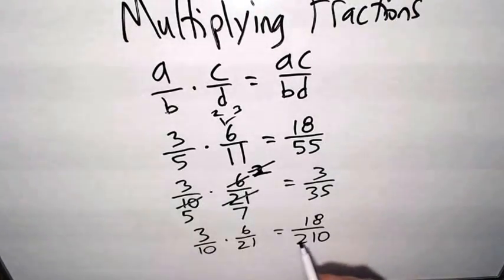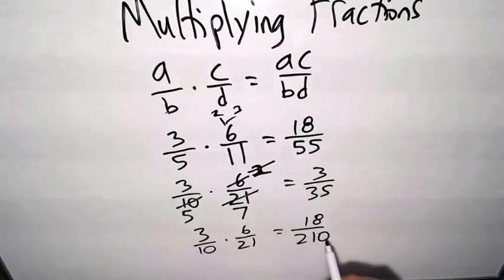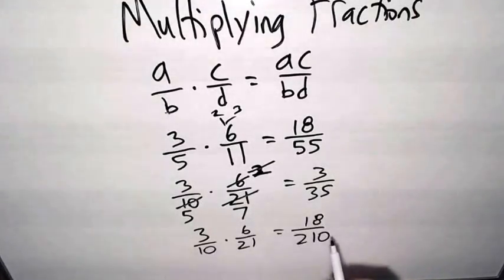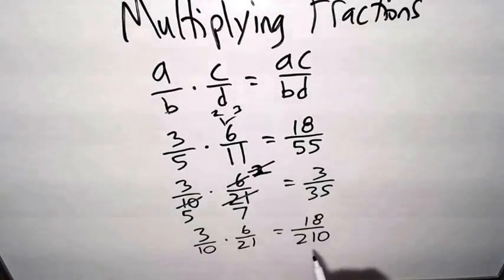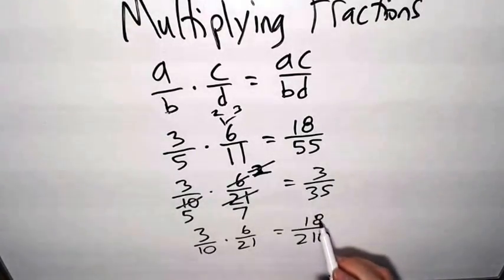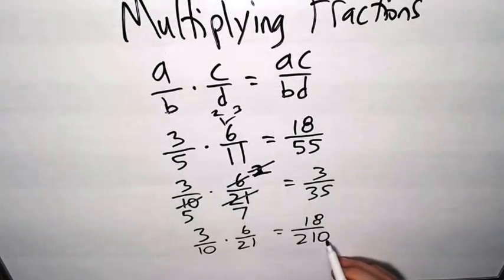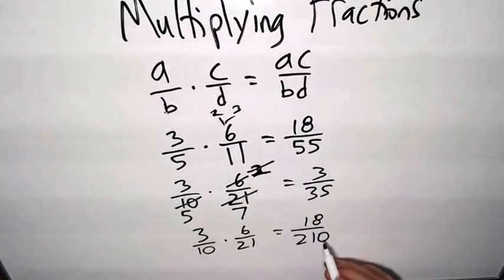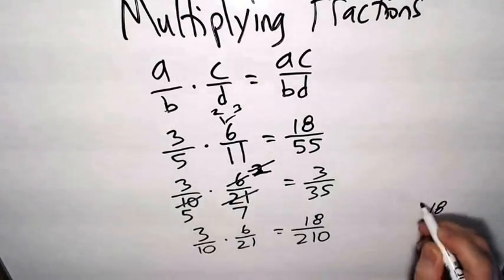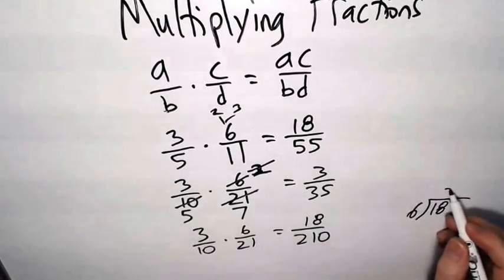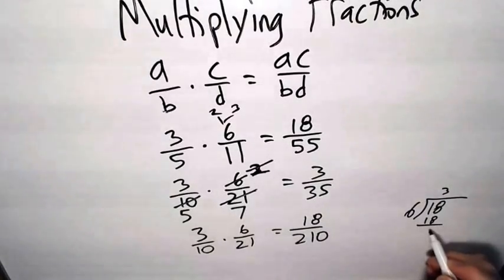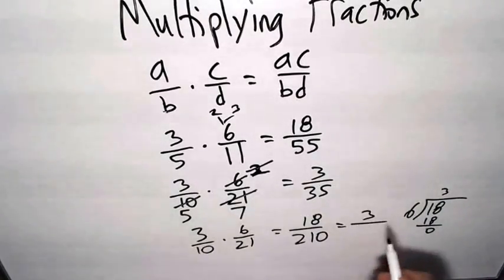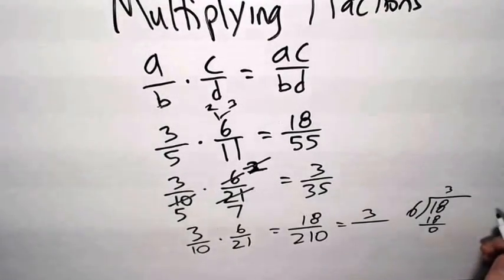And 3 will go into 210 because 2 plus 1 is 3, plus 0 is still 3. Of course, 3 goes into 3. And 18 is divisible by 2 because 8 is divisible by 2. And the last digit of 210 is 0, which is also divisible by 2. So since 3 will go into both and 2 will go into both, that means 6 will go into both. So if I divide 18 by 6, 6 goes into 18 3 times. So there's a 3, which matches what we had up here. And 210 divided by 6,